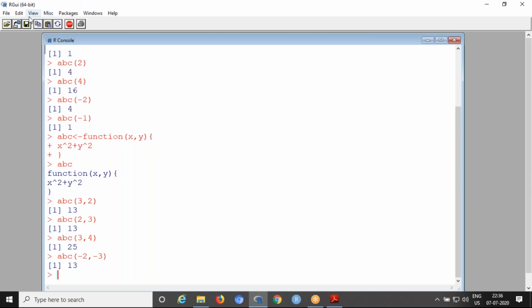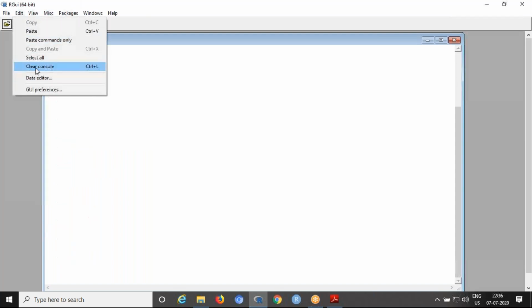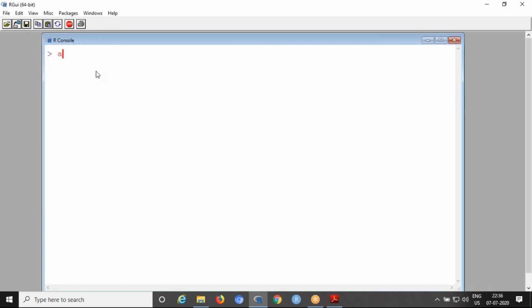Then come to our R console. So you can clear the earlier history. Freshly you can start. Our function ABC equal to function with a single argument. So open brace. So the command is sine of x power 2 plus cos of x power 2 then plus x. So any command you can use using any functions, but with a single argument. Now the function is created. To see the function, simply type the name of the function, ABC. Now the function is created with the latest command.